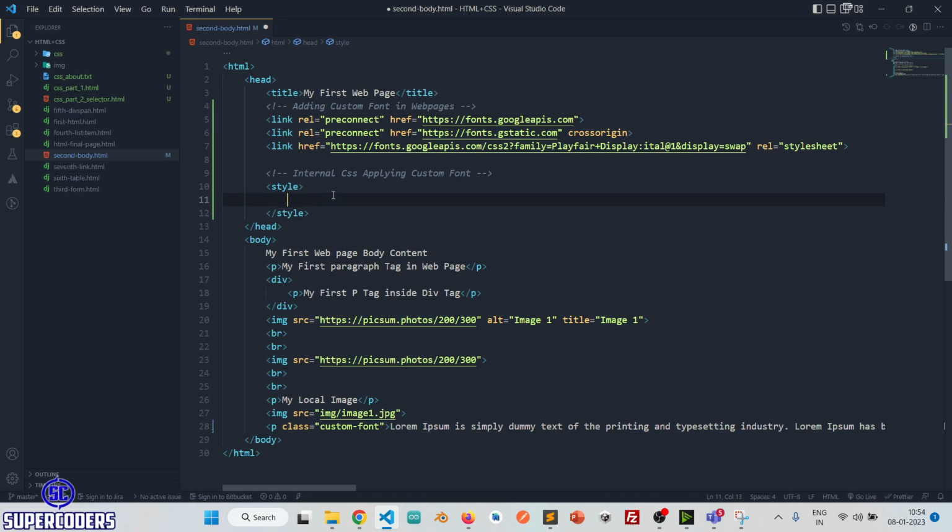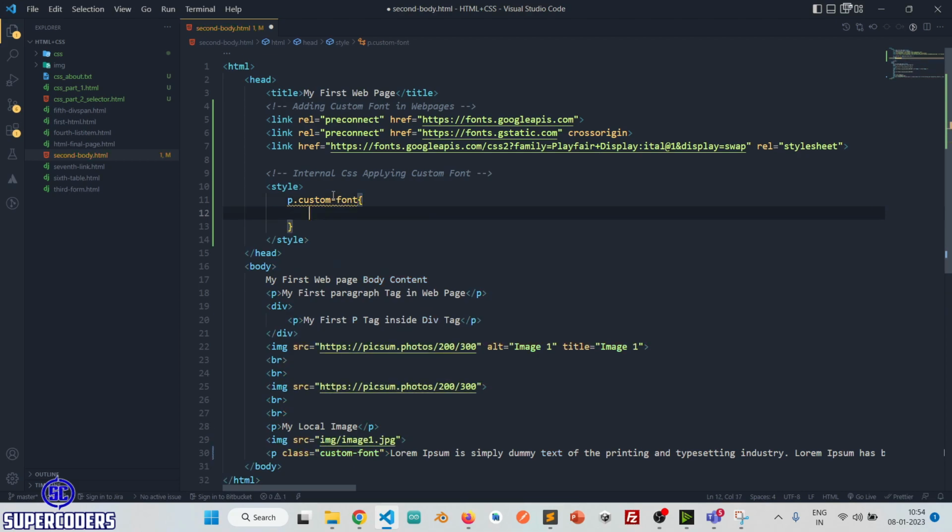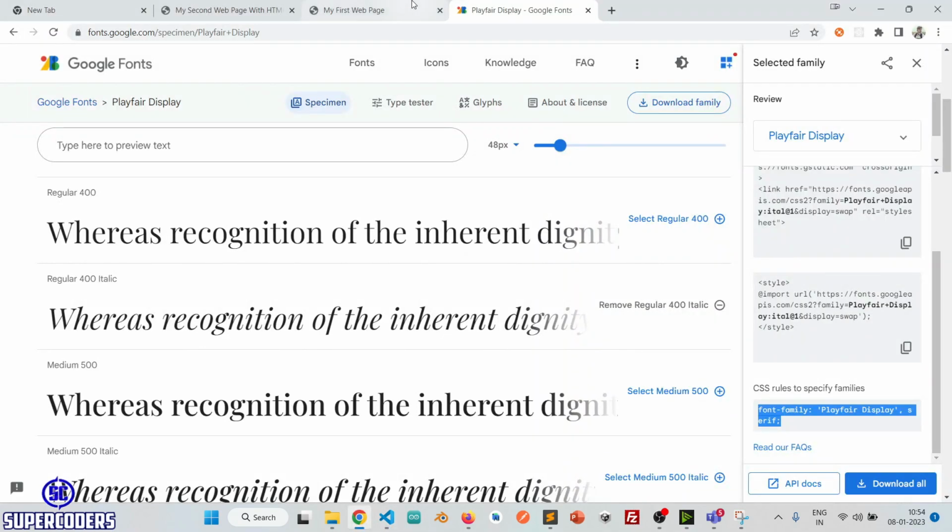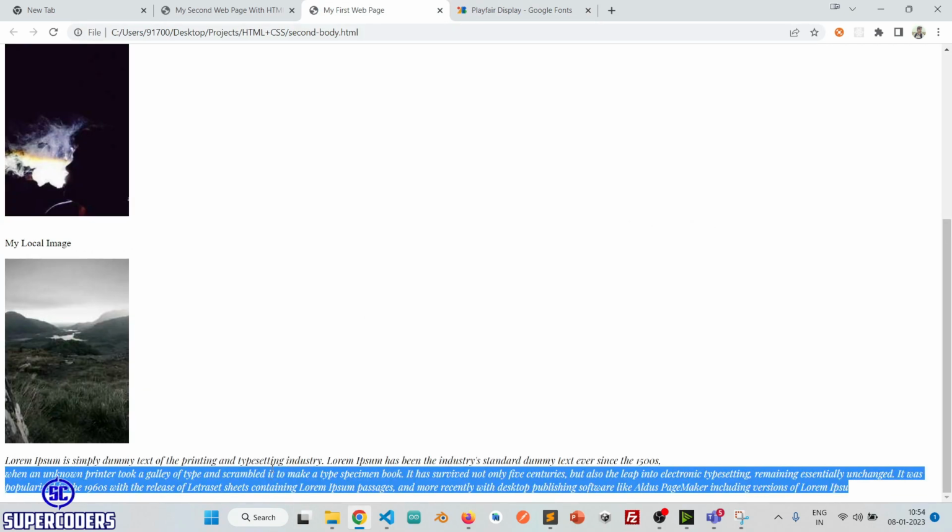First you need to pass the selector. Our selector is p.custom-font, and paste it. So in that way, first the element, then the class, and passing the font-family property value Playfair Display, serif. Save it, go back to the browser, refresh the page, and we can see the custom font is applied to our